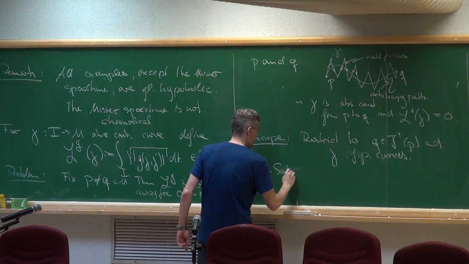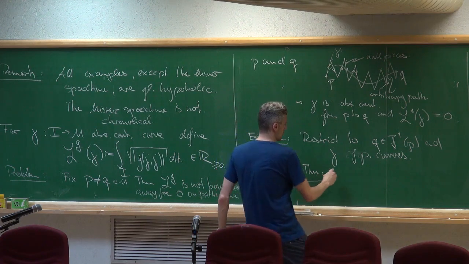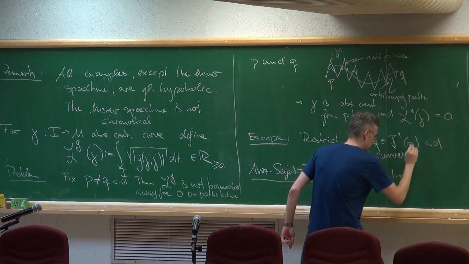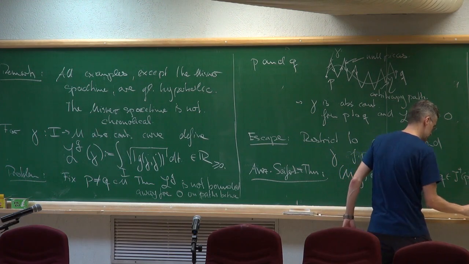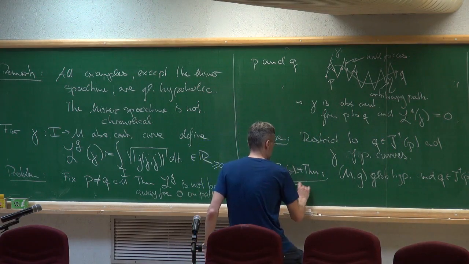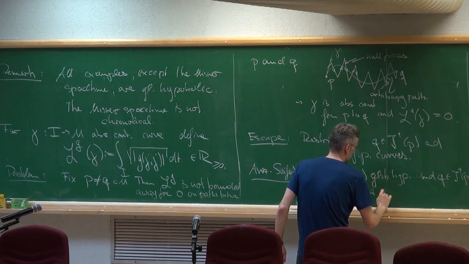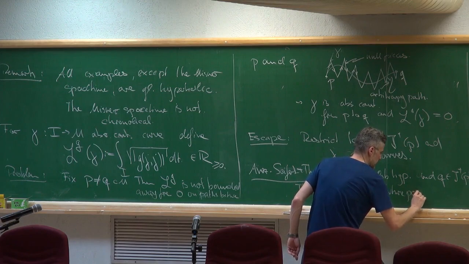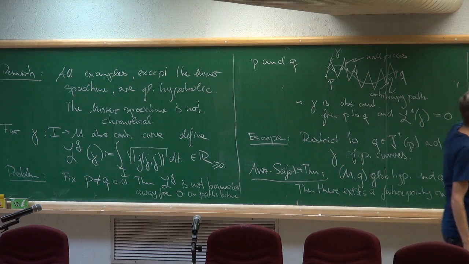Then you have the Avez-Seifert Theorem, which tells you if you are in a globally hyperbolic manifold and Q is in the chronological future of P, then there exists a future pointing curve from P to Q,